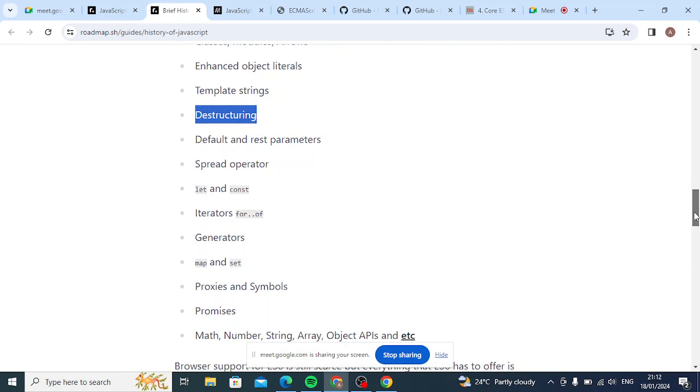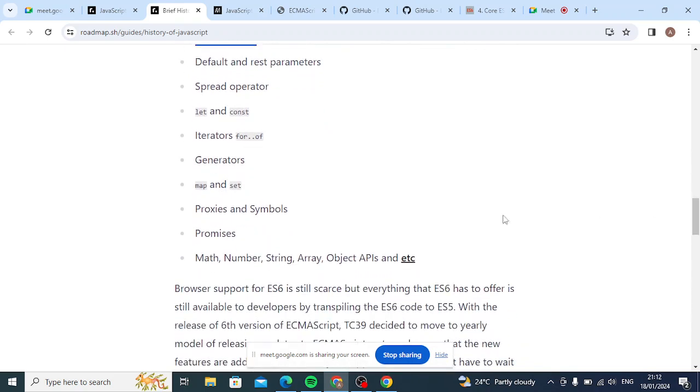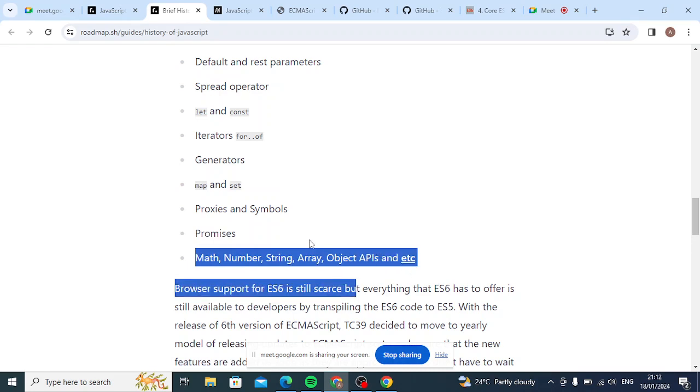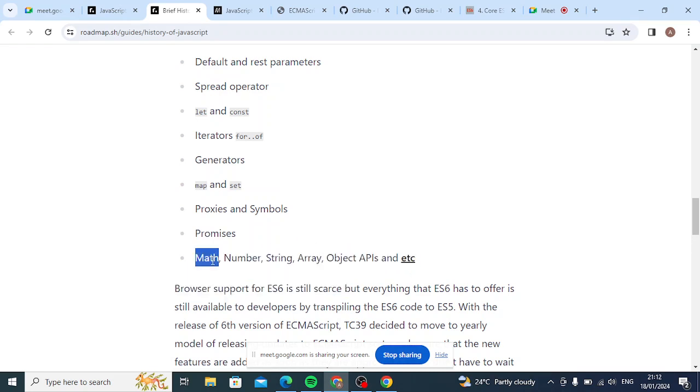Yesterday we saw data structures. Promises were not there before. And some of the JavaScript standard objects they introduced, like Math, Object, Array.